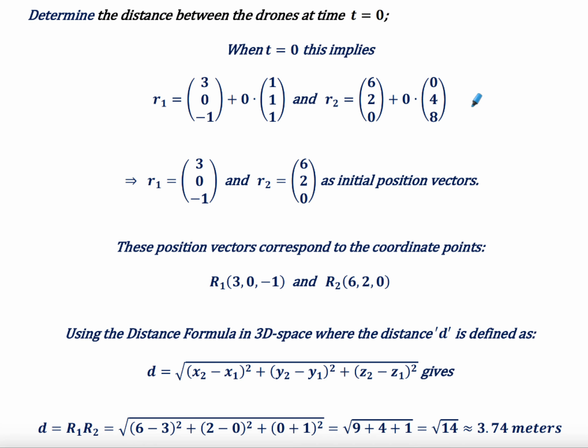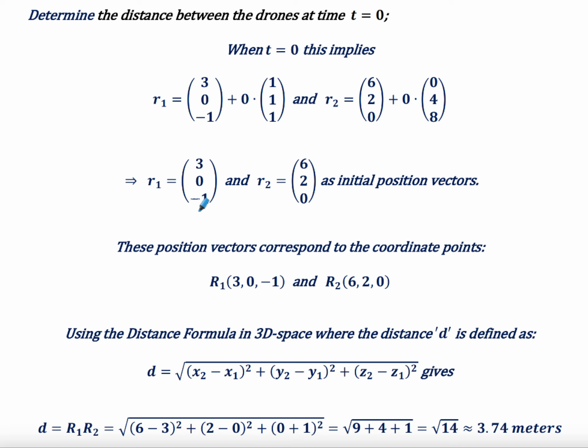Let's determine the distance between the drones at time 0. Well, you let t be 0 in both cases. You just lose each of these on a multiplication type effect. And so basically the first drone started here and the second drone started here as so-called initial position vectors. And so if you wanted to actually find the distance between those two, you could go back and